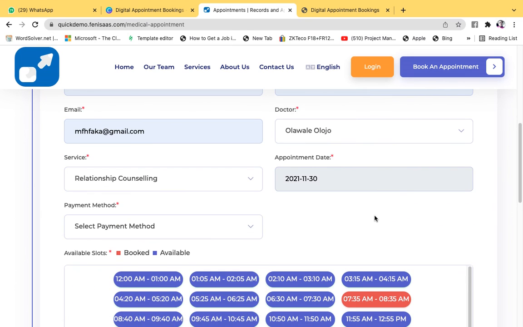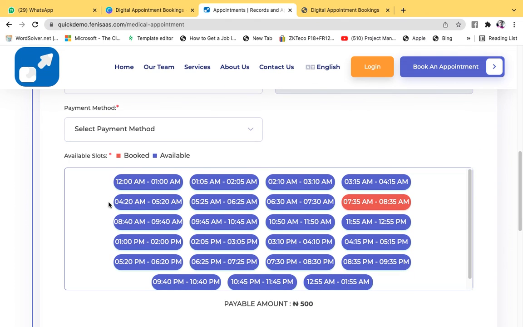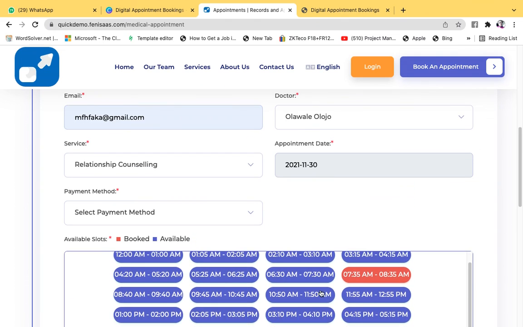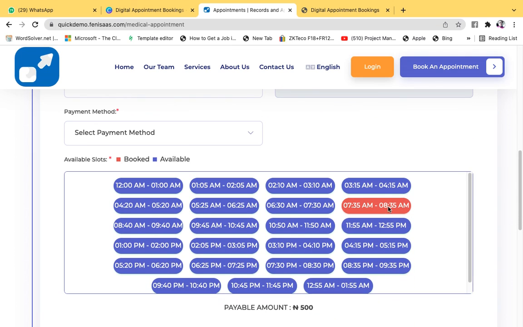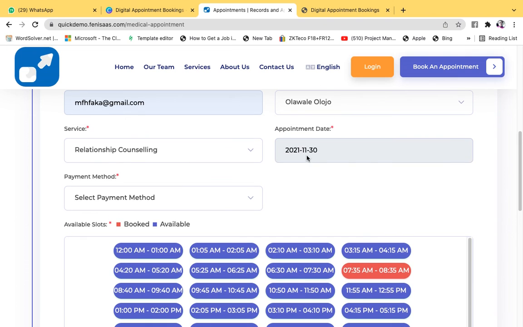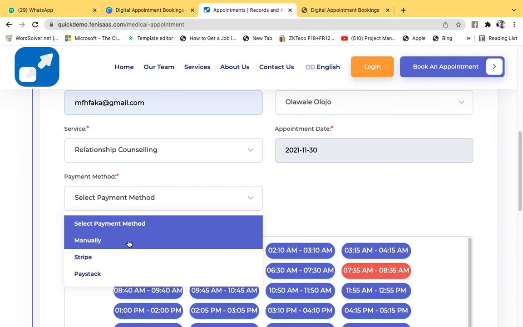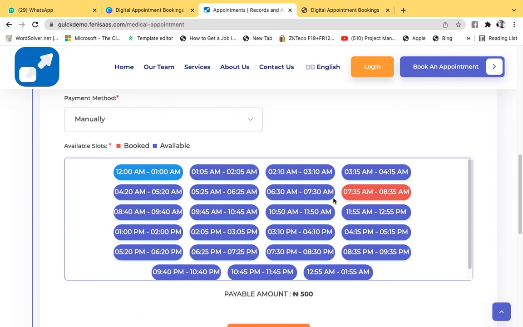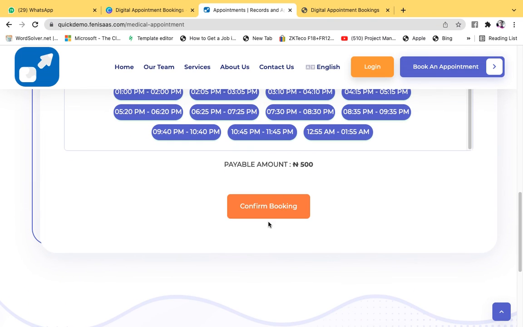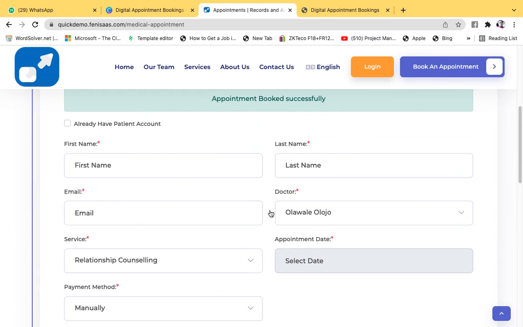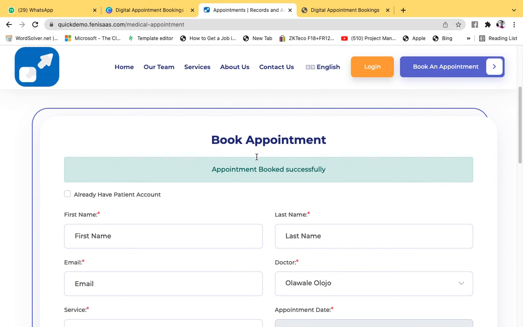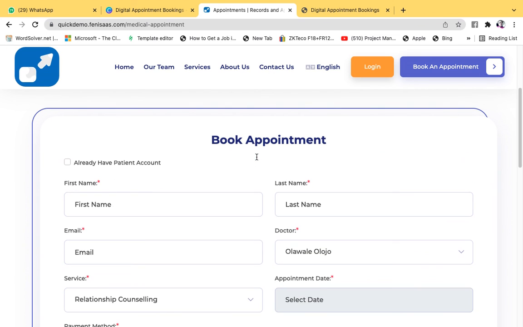Take note, the moment you pick a date, the availability of that doctor that you selected is going to be displayed. You will see the time frame that the doctor is not available, then you see the time frame that the doctor is available. If you see the red, it means the doctor is booked for that time. Blue means the doctor is available. So I'll select my payment method. I can pay with Stripe or PayStack or manually. Then I select the time frame that I want. Then I confirm my booking. So the moment I confirm my booking, a confirmation mail is sent to me, and the doctor also receives a